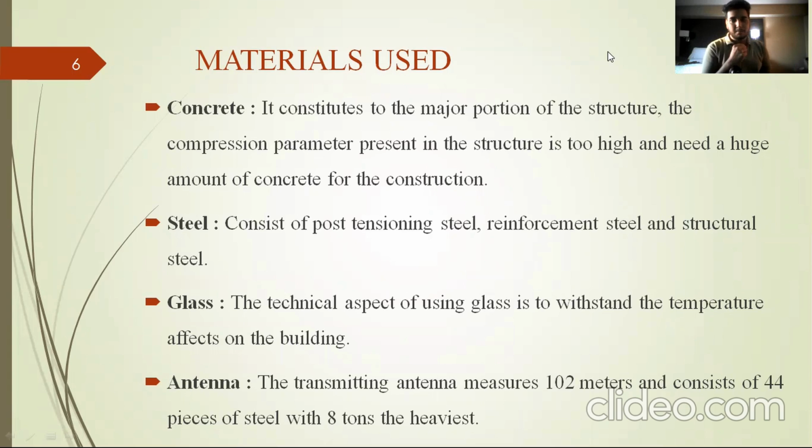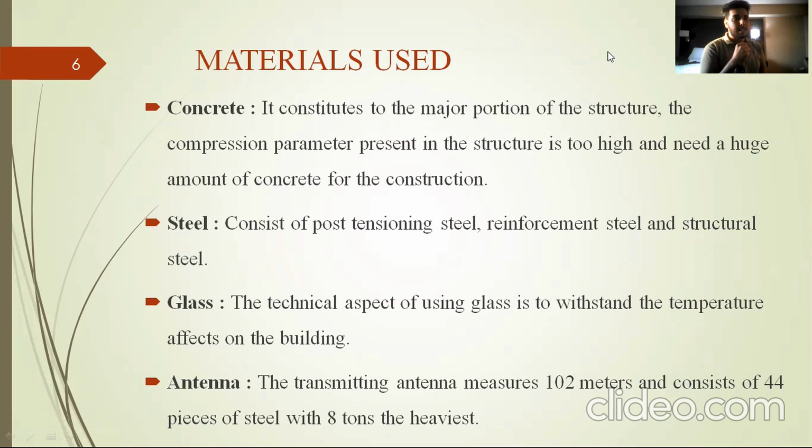And this is my first topic, materials used in the making of the Canadian National Tower, aka the CN Tower, located in Toronto. The first and predominant thing is the concrete used in the structure. It actually constitutes the major portion of the structure. This legacy of high-rise building started, I think, from the Empire State Building in New York, which is a magnificent structure, and this legacy flows through Canada by the construction of the CN Tower.